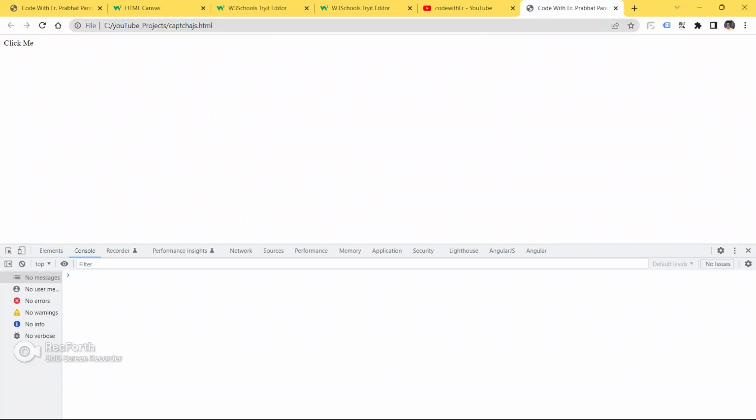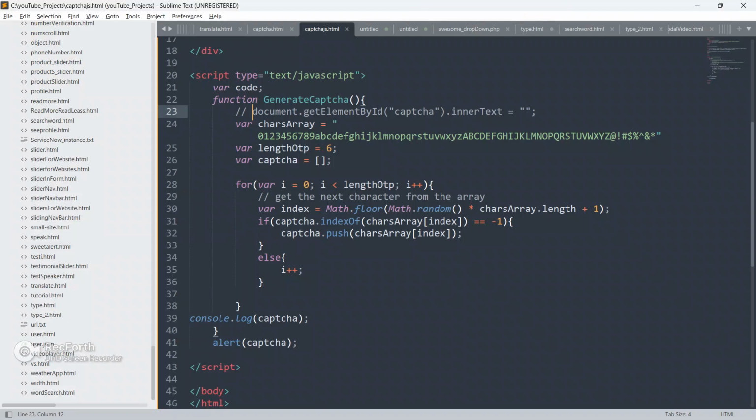Let's comment this out, save this code, go to the browser. console.log if captcha, array.length, captcha.push.